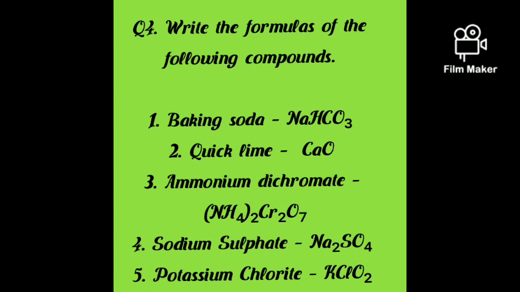Potassium chloride. See, you have to think about the difference between chloride and chlorate, sulfite and sulfate. So, potassium chloride in this case is KCl. So, learn the symbols of the radicals, cations and anions and write the names and formulas accordingly.